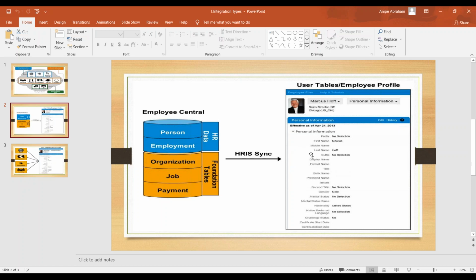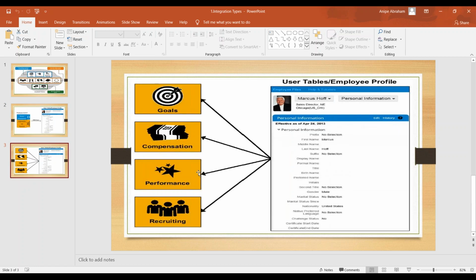From the employee profile, suppose you are going to implement performance management, recruitment management, compensation, variable pay, or goal management. The data can also be exchanged and internally integrated within the SuccessFactors system to any of the talent solutions, again with the help of the HRIS sync.